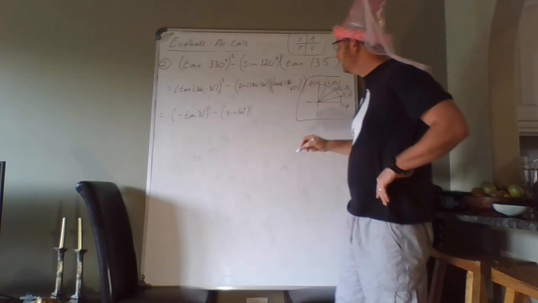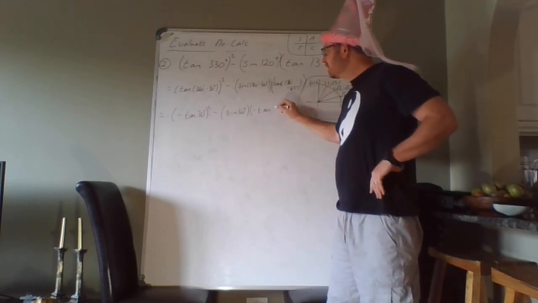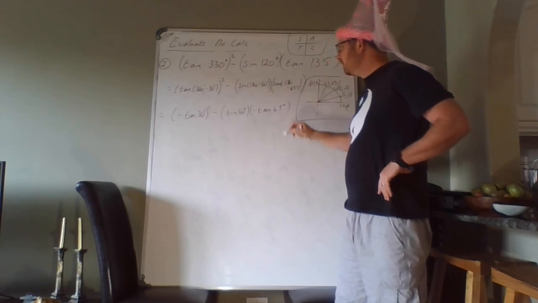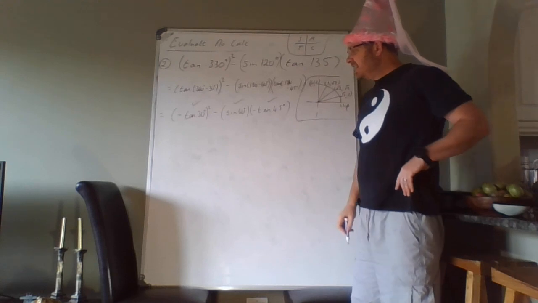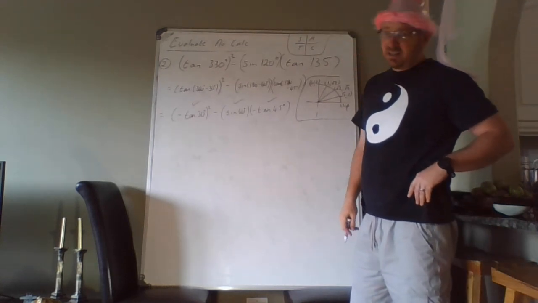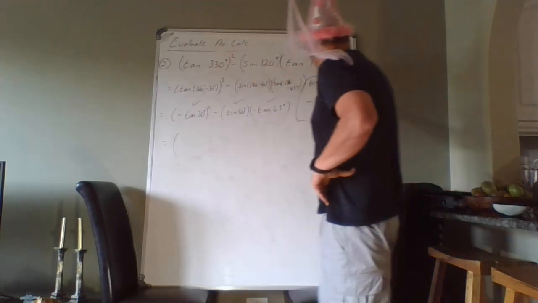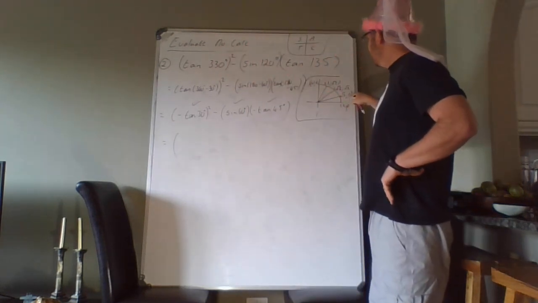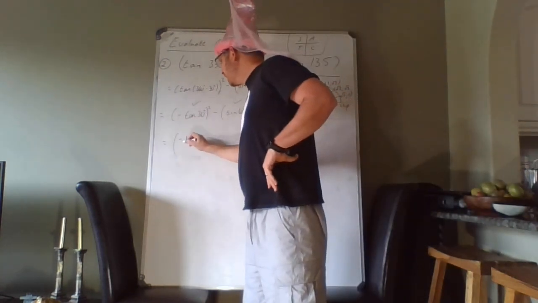60, which is a special angle. Tan (180 minus 45) is going to be negative tan of 45. So you'll get a mark allocated there, there, and there. And then you can go cheat and use your calculator, or you can go and use your diagram, this diagram over here. So tan of 30 is going to be y over x, which is going to be negative 1